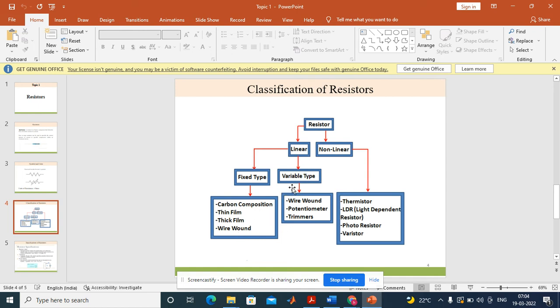Now, coming to variable type of resistors, once again based on the type of manufacturing and the material used, the variable resistors are also classified into three types as wire wound resistors, potentiometers, and trimmers. Now, coming to non-linear resistors, the different types of non-linear resistors are